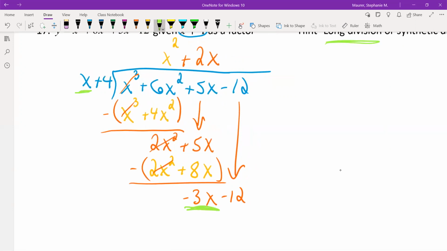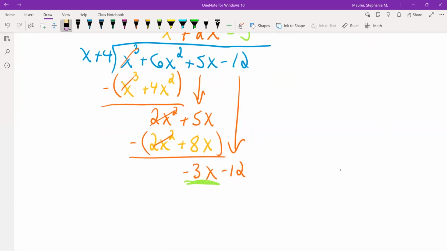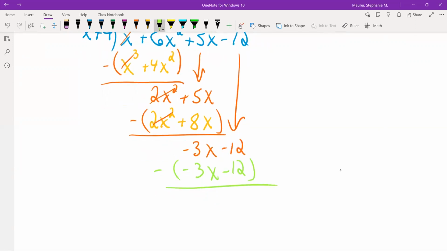So x times what gives me a negative 3x? I should times it by a negative 3. If I times that by a negative 3, it should give me a negative 3x. And again, negative 3 times 4 would give me a negative 12. Subtract all of this. So if I have a negative 3x minus a negative 3x, negative becomes plus, so they cancel out. Negative 12 minus a negative 12, well, negative negative becomes plus, and again, they cancel out, leaving me